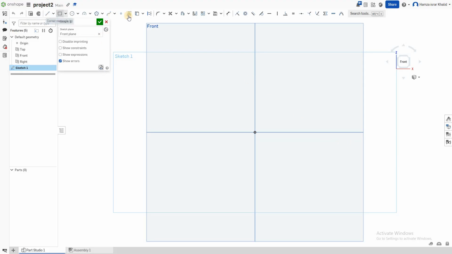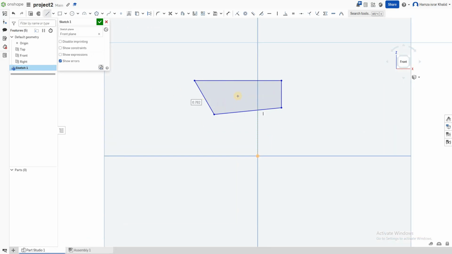So we have multiple tools here to sketch. So let's select this line tool and we can start anywhere here. As you can see, we have created a closed profile. This is called a closed profile. When you see the gray color here after you draw something, it means it's a closed profile,